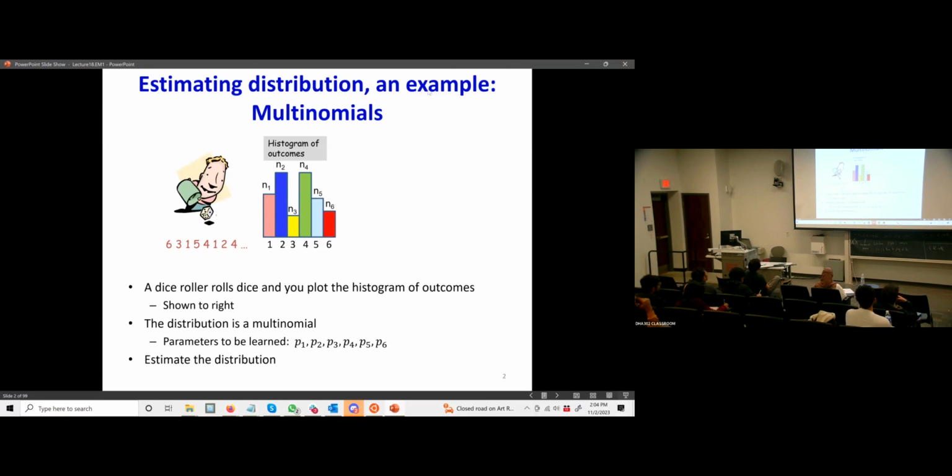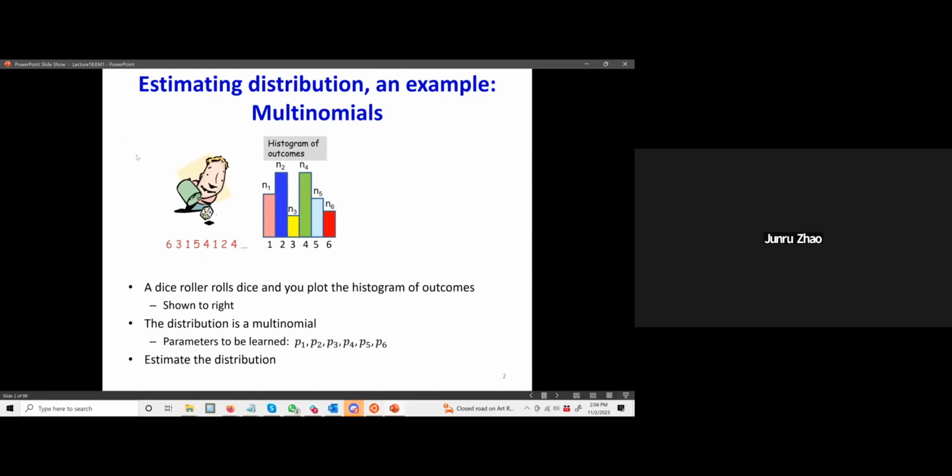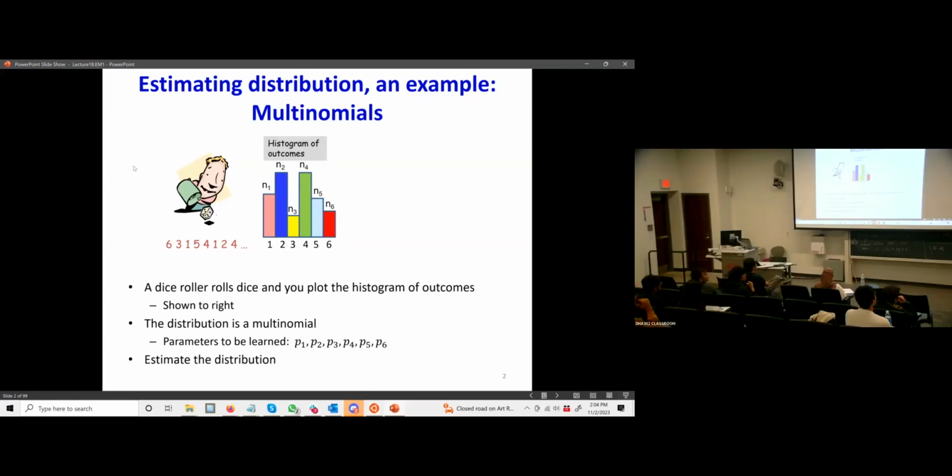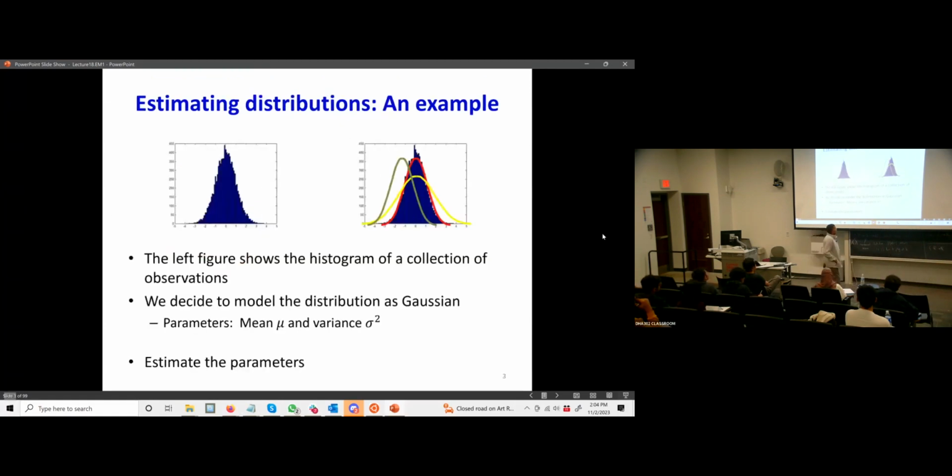So a dice roller rolls a die, and you plot the histogram of outcomes, right? So what are the parameters of this distribution? Number of sides. Yeah. The probability of each side, right? So now, based on the outcomes of these dice, we want to estimate it. So you have an estimation problem. Or you might have something like this, where you have